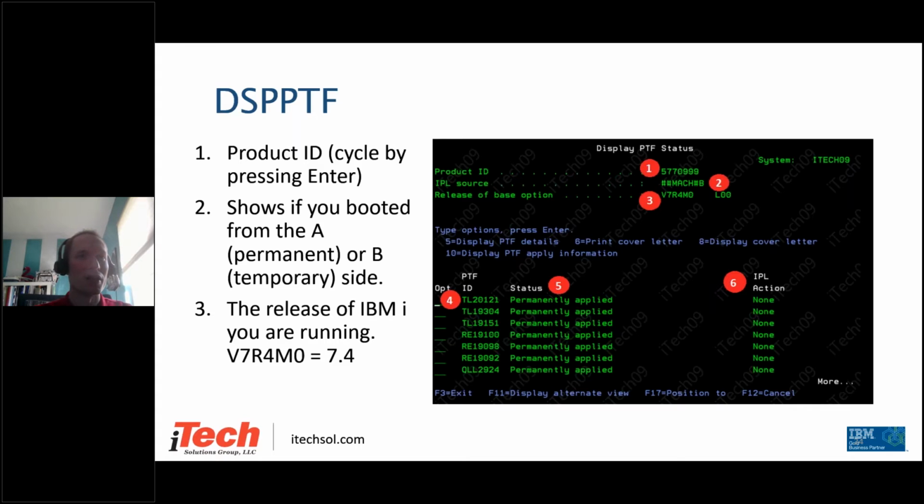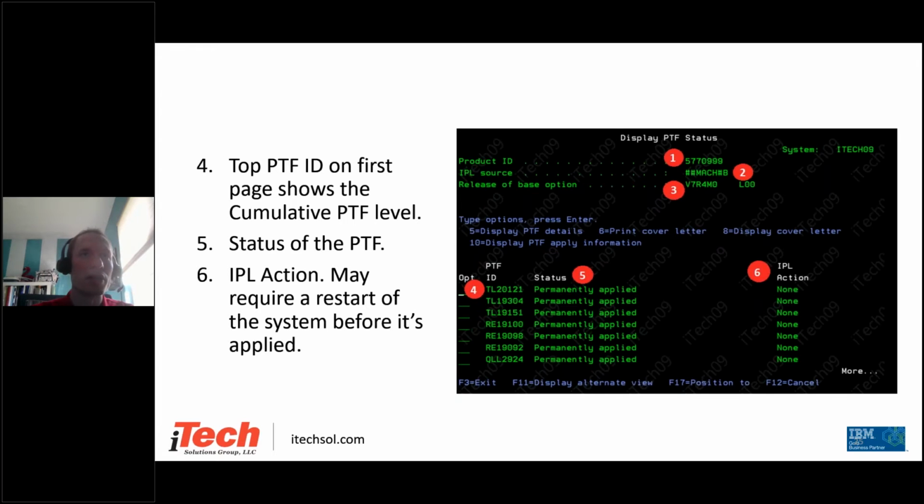And then option number three here is the release of the IBM i operating system. And this screenshot's V7R4, V7R4M0, which also equals IBM i 7.4. Number four on the screen here, the very top ID on this first page, is going to show you what the cumulative PTF level is on that system. And so it's kind of a quick way to see what the latest cumulative package is that you've got installed on there. Number five is the status of the PTF, whether it's temporarily applied or